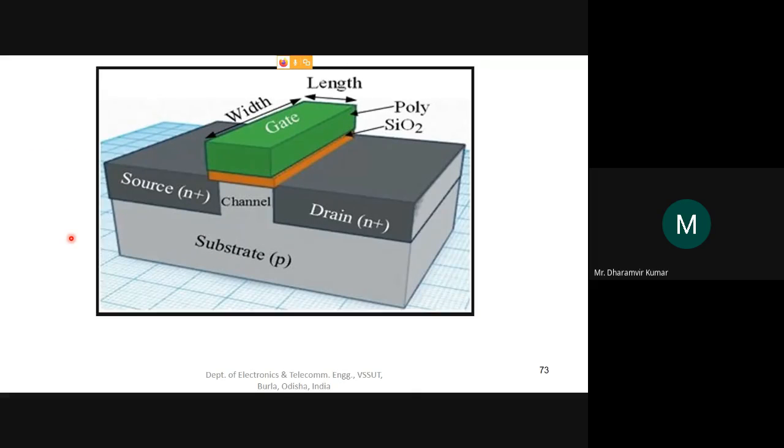So this is again the three-dimensional view of a simple MOSFET. Look here. We have seen this several times earlier, but again, just for understanding purposes and refreshing those things. This is the metal layer, M. This orange colored one is the oxide layer. This is SiO2. The upper green colored layer is a polysilicon layer that is conducting